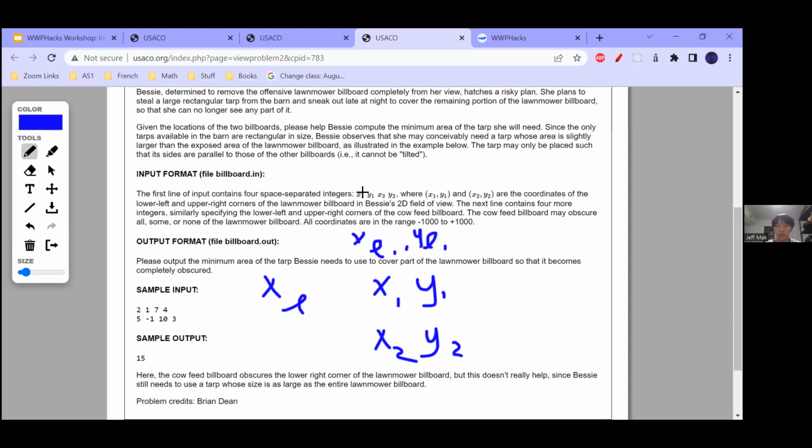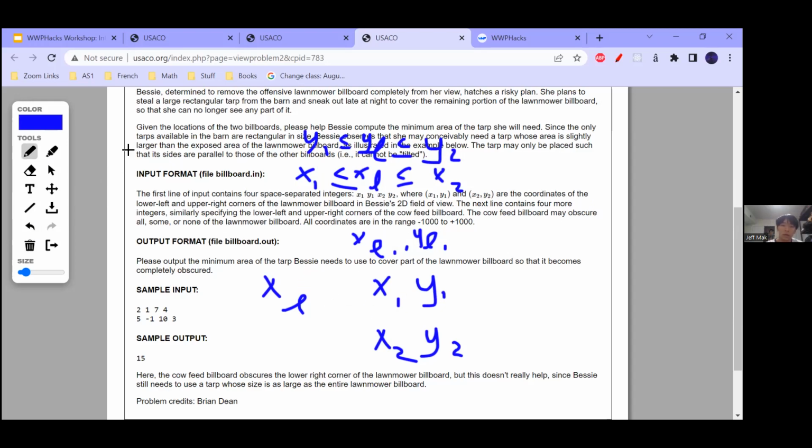So basically what you want to check is xl is less than or equal to x2 and greater than or equal to x1, and yl is less than or equal to y2 and greater than or equal to y1. If that's true, then a corner is covered.